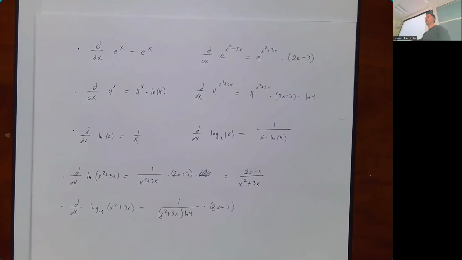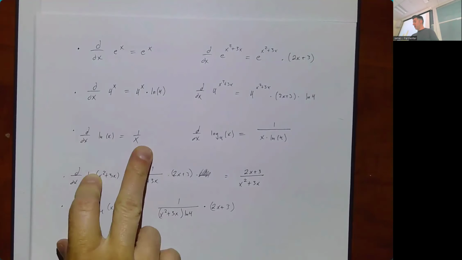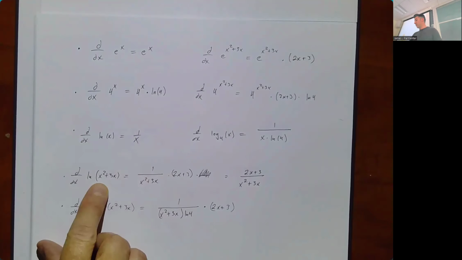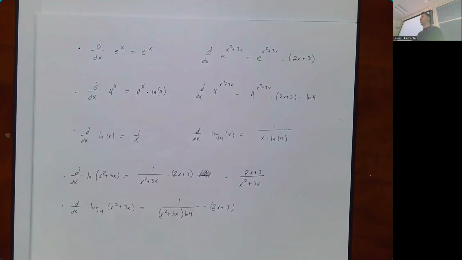Exactly. And here's what I'd say. Basically, every derivative you know how to take, there's always a chain rule version of it, right? Instead of saying you have something with x, you have something with some stuff. Instead of the natural log of x, you have the natural log of some stuff. And the rule is the same. The derivative of the natural log of x is 1 over x. The derivative of the natural log of some stuff is 1 over the stuff times the derivative of the stuff. So if you know the regular version of it, you know the chain rule version of it if you just say the words in your head.